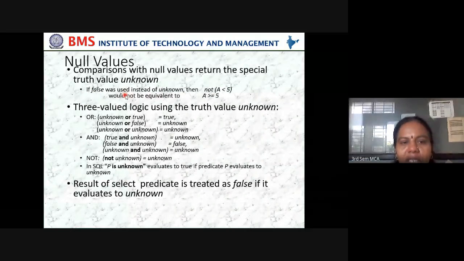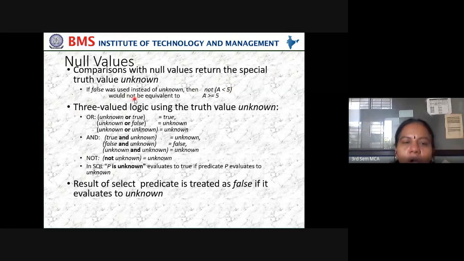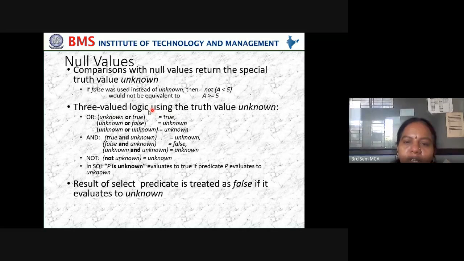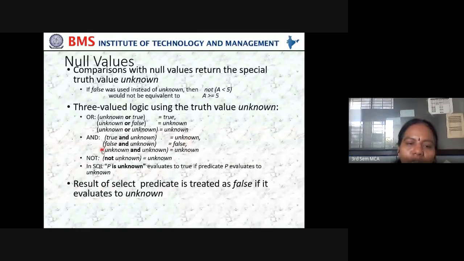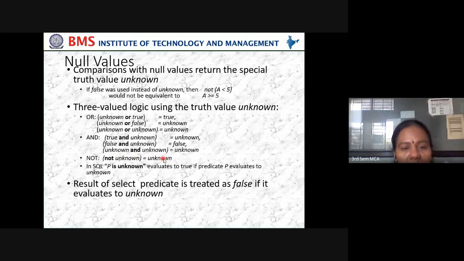If false were used instead of unknown, then not (A < 5) would not be equivalent to A >= 5. The three-valued logic: true or unknown equals true; false or unknown equals unknown; unknown or unknown equals unknown; true and unknown equals unknown; false and unknown equals false; unknown and unknown equals unknown. The not operator: not unknown is unknown. So this is how the null operator is handled.